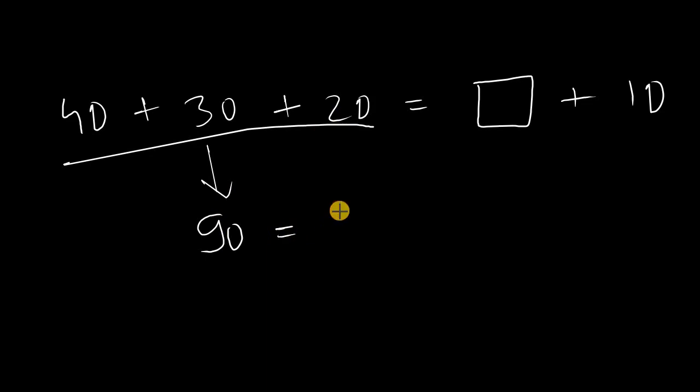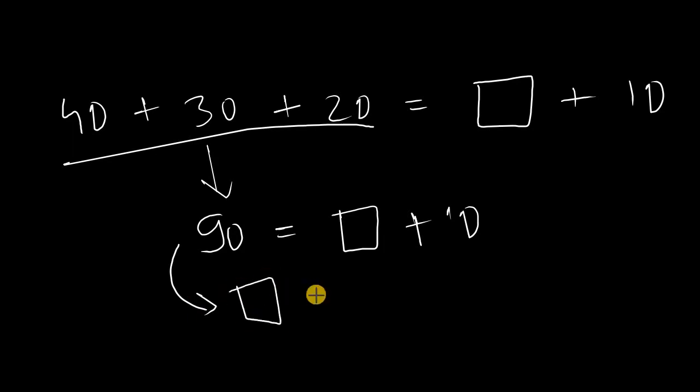So this equation becomes 90 plus 10, and again what we do is 90 minus 10, and so our box is 80,